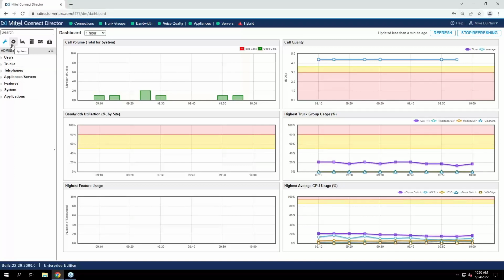Our second button here is system, the gear icon. This is where we can see licensing information, set up additional admin permissions, and make some other changes. Our third button here is reporting. So this is our built-in reports here. So in Director, we do have access to a few simple built-in